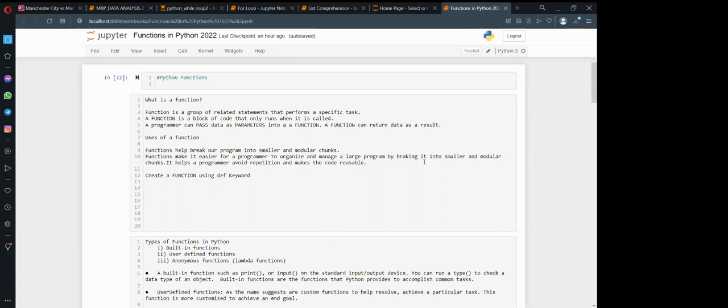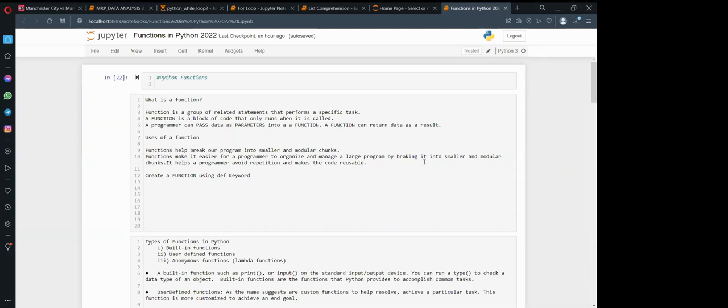So most programming statements are using functions to perform specific tasks. So we can have that block of statements, and then you want it to perform something, so you use the function.